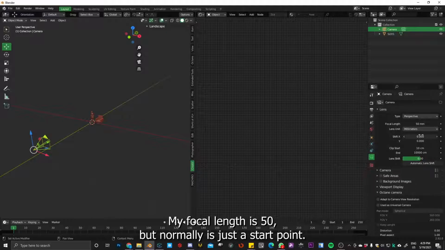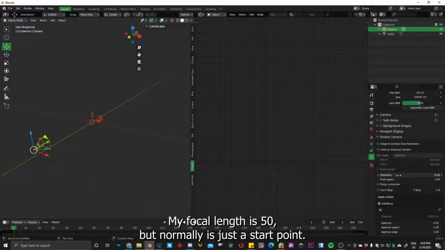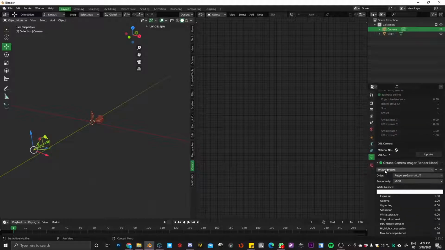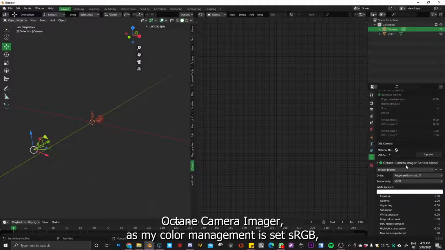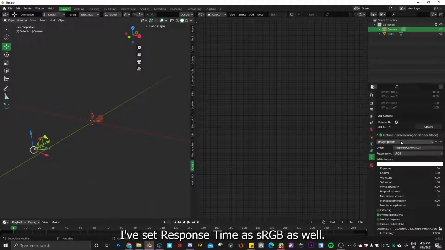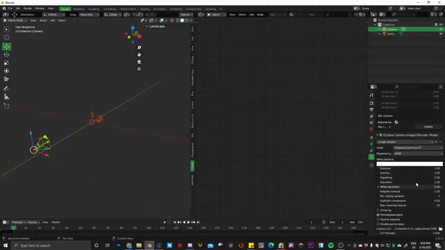My focal length is 60, 50, sorry, but normally it's just a start point. So I change it depending on the scene. So Octane Camera Imager, as my color management is set as RGB, I set response type as RGB as well, okay?